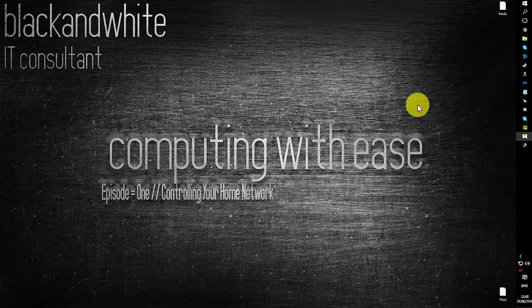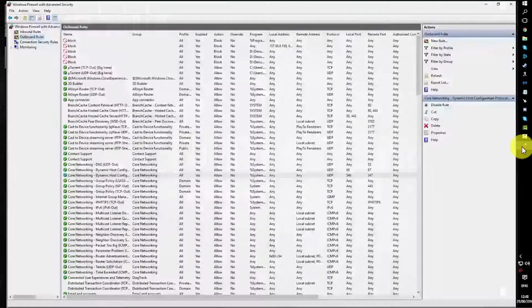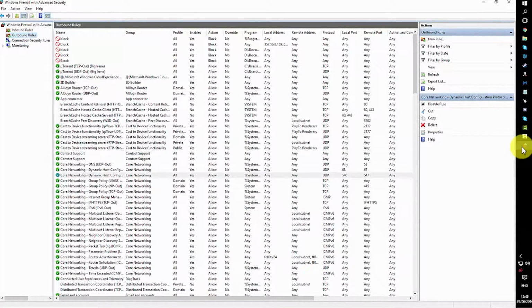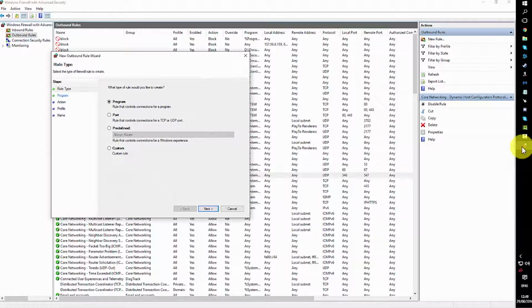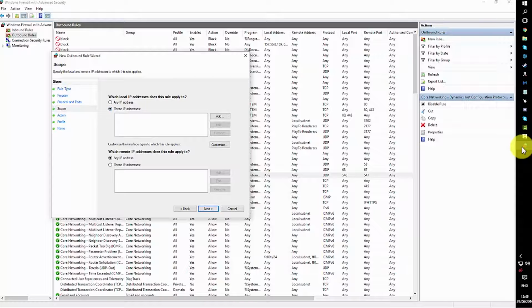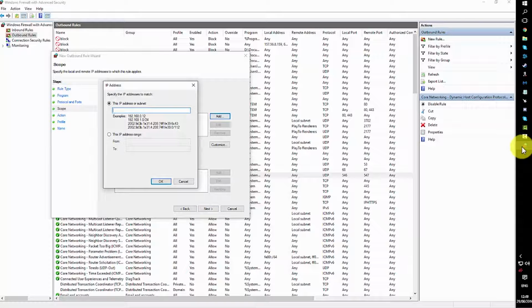And the third thing that I'm going to show you in Computing with Ease Episode 1, Controlling Your Network, is how to block IPs using the Windows Firewall. So, we load up Windows Firewall, we go to Outbound, New Rule, move over to Custom, Scope, and you can either put a singular IP address like 127.0.0.1, or you can do a range,